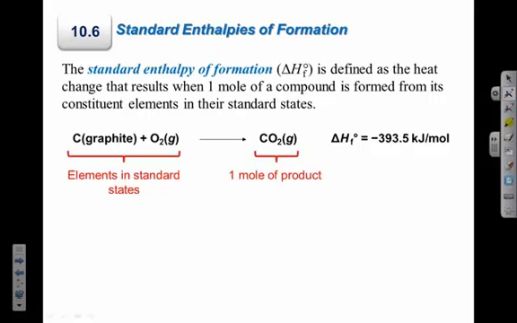So let's talk about another way of calculating delta H. One way we talked about was using calorimetry. Right? So if I have my coffee cup or whatever, or my bomb calorimeter, whatever calorimeter I'm using, I have to know, if it's a bomb calorimeter, how much energy will cause that calorimeter's temperature to go up by 1 degree. Or if it's a coffee cup calorimeter, I'm probably using water, and I know the heat capacity of water, which means I know how much heat it takes for the water's temperature to go up by